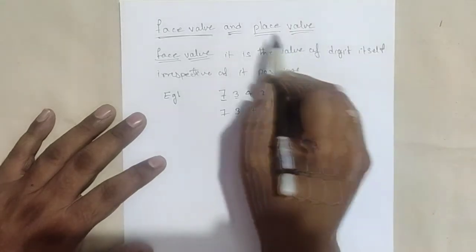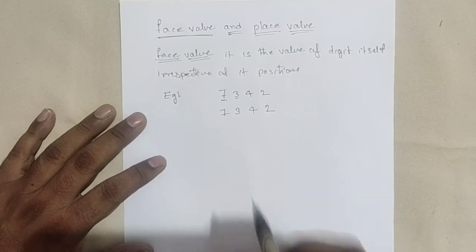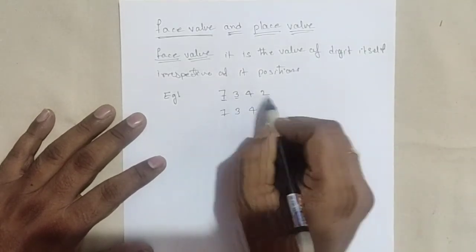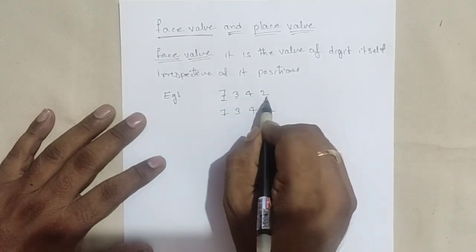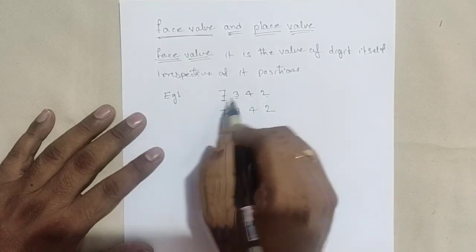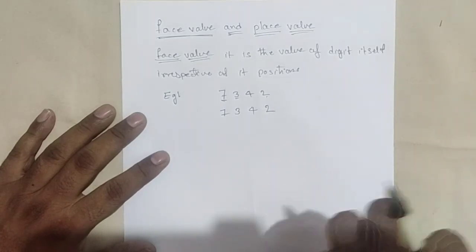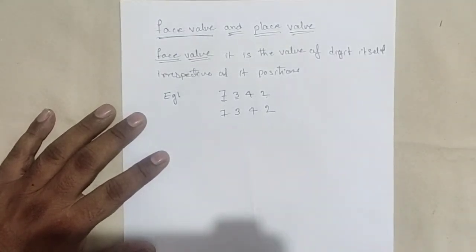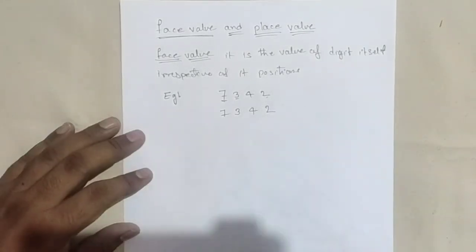For example, when the places change in a given number, the value is going to change. Like, in place of 7 I replace 2, and in the place of 2 I replace 7. Now 7 becomes the units place and 2 comes in the thousands place. That is the position. But in the face value, wherever the number is present in the given position, the face value itself is the same.